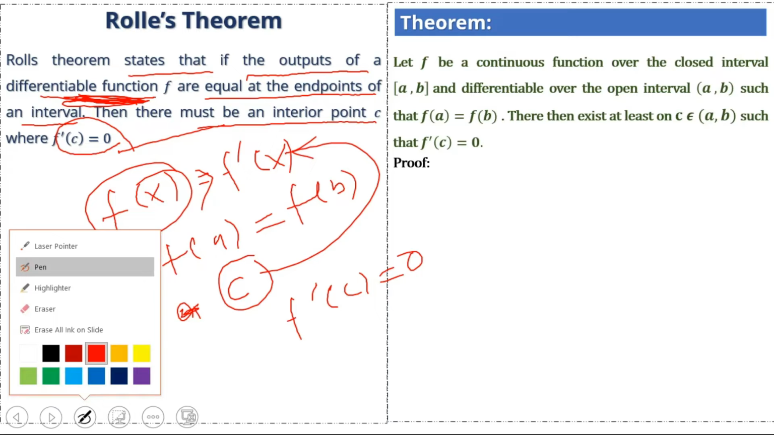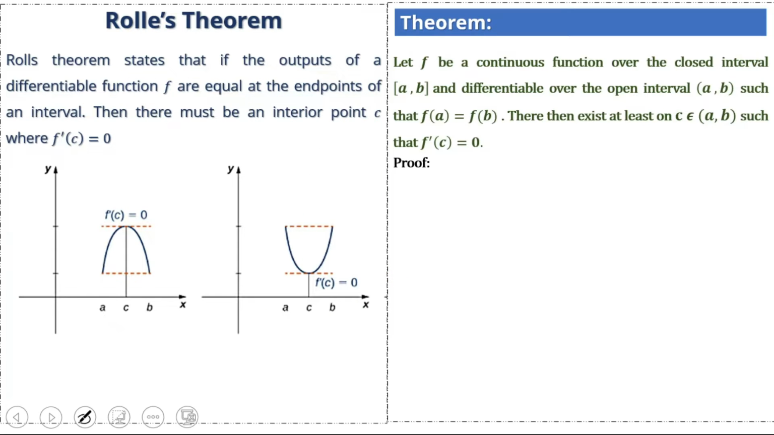Okay, so we can see with the help of a graph, if we have a function like that and the value of the function at the endpoints of the interval is the same, we can see that at A the value of the function is this, and at B the value of the function is this. Both are the same. Then there must be an interior point C at which the derivative of the function is equal to 0,